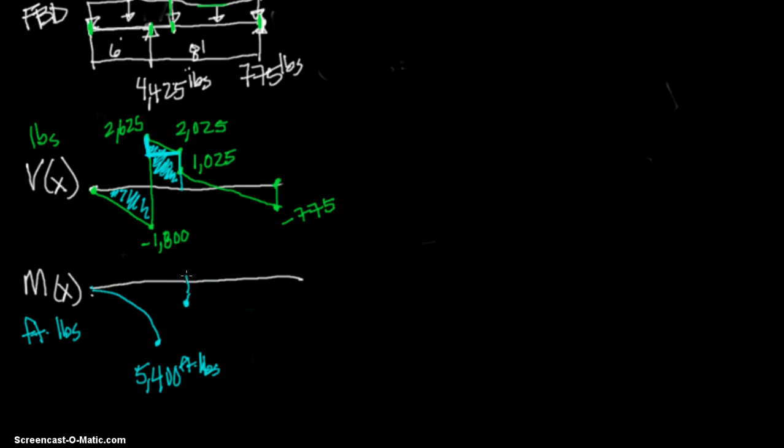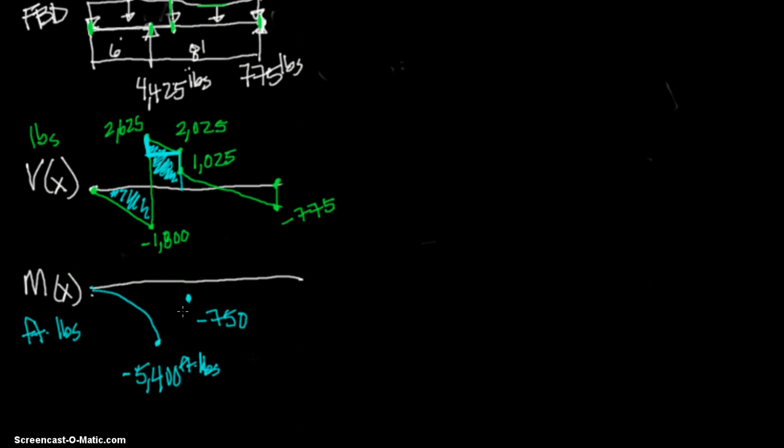And this should line up. If you were drawing it, everything should line up. It just makes it a lot more simple so you can line up everything and see what you're doing. So you definitely always want to line up your shear and moment diagrams. So that gives you negative